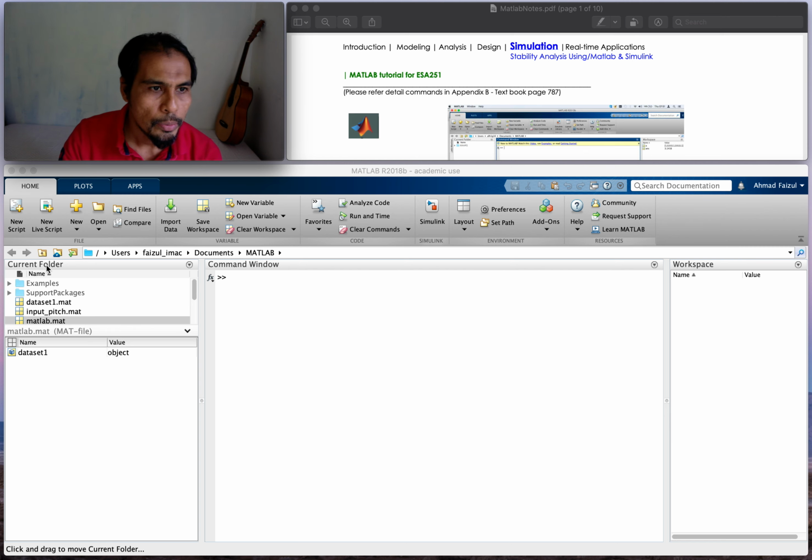You see that the first one is the current folder. That's where you can browse all your files from that folder straight away from Matlab. You can open it, you can edit names and see. And then the middle one is the command window, right? You see the command window here, and then on the right is your workspace, where the variables are stored, or you can see the workspace here. Okay,